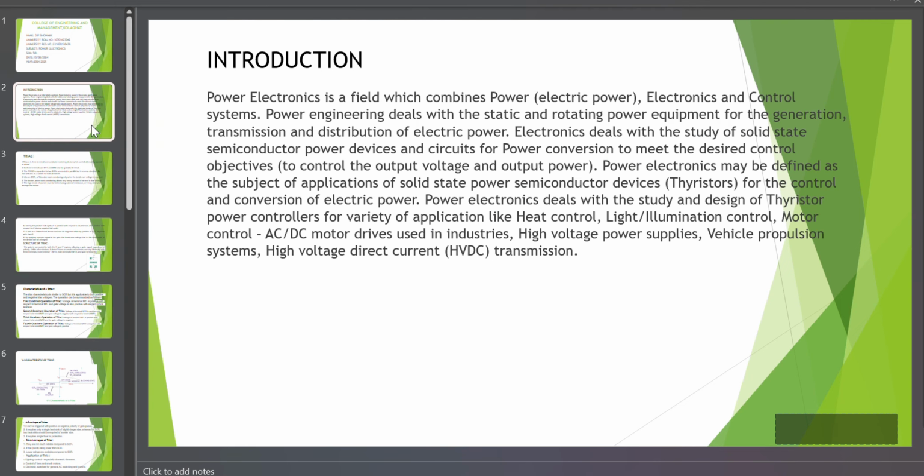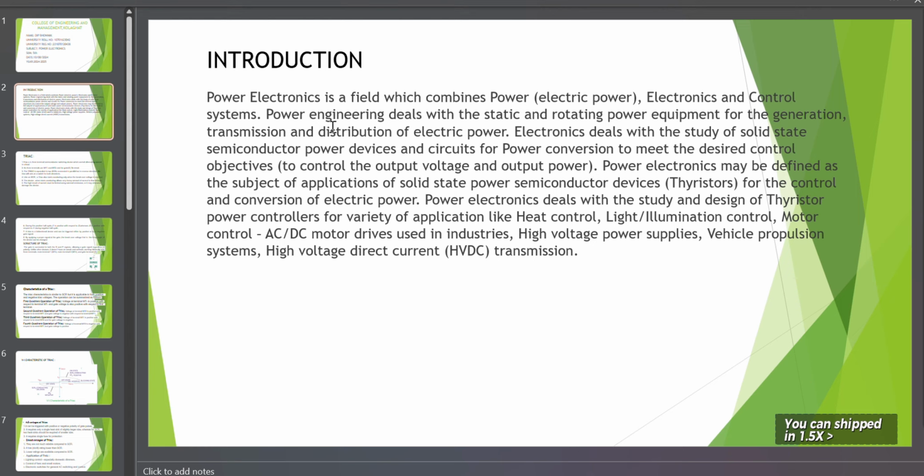First, introduction. What is power electronics? Power electronics is a field which combines power, electronics and control system. That means we use power engineering to deal with the static and rotating power equipment for the generation, transmission and distribution of electric power. মানে আমরা ইলেকট্রিক পাওয়ারকে জেনারেশন, ট্রান্সমিশন এবং ডিস্ট্রিবিউশন করার জন্য পাওয়ার ইলেকট্রনিক্সকে ইউজ করি। Electronics deals with the study of solid state semiconductor power devices. মানে ইলেকট্রনিক্স সলিড স্টেট সেমিকন্ডাক্টর ডিভাইস যেমন থাইরিস্টর, এসসিআর এগুলো আমরা ইউজ করি।